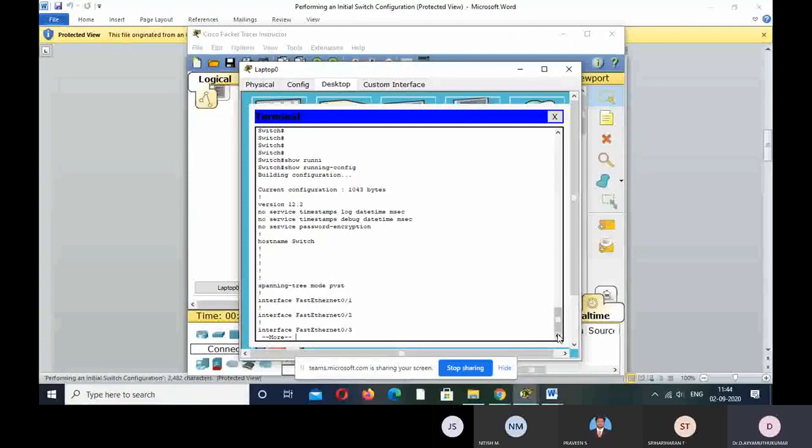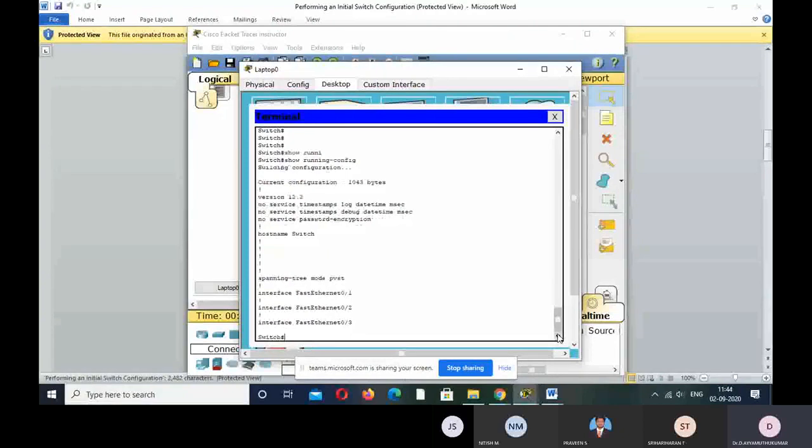So you see that the interfaces, here nothing we configured. No host name you configured. The host name is Switch by default. Here the FastEthernet interfaces, you have not configured any interface FastEthernet 1, 2, 3. No, you have not yet configured anything in this switch.